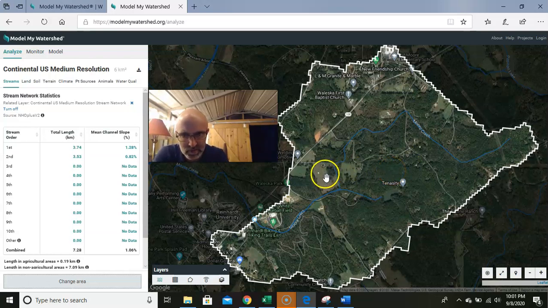We have some ag fields. We do have some, this is R.M. Moore Elementary School. We do have a little bits of the metropolitan area of Waleska. So if you go over here and you click on land,